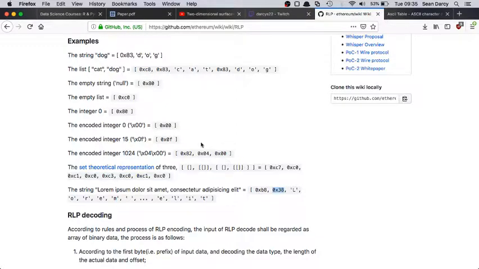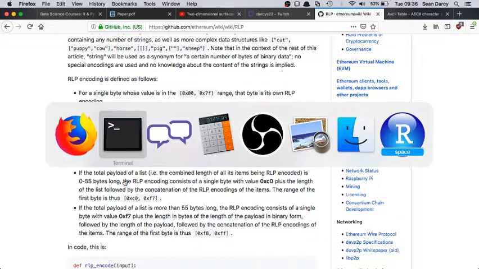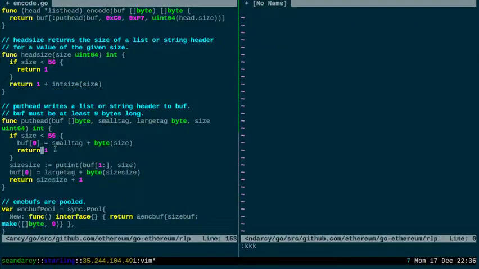The list does something similar. And I don't think they're going to have an example here. But if you've got a list, it says it's a list by this C0. And if that's as long as the list, which is all the elements of the list, including the headers, is less than 55 bytes, which is what they're talking about here,